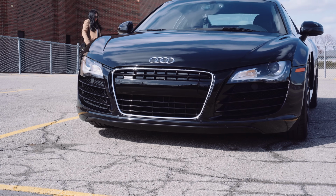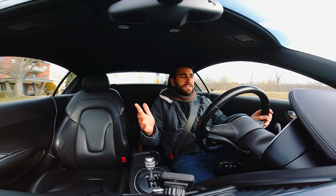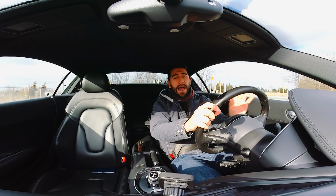We are in the 2008 Audi R8. We did a lot to the car so far. We just got it from Montreal like 2 weeks ago, it feels like. So the car is 10 years old since its inception, since it was introduced, and it still looks absolutely breathtaking